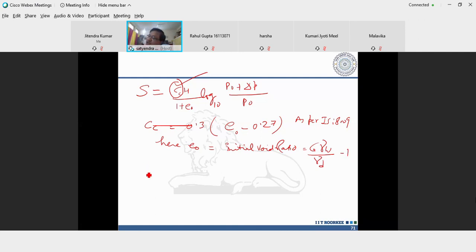Now Cc is also equal to 0.009 into liquid limit minus 10. Now this is the one equation of settlement. Settlement is also calculated as equal to delta P into mv into H. mv I have already explained to you in the previous slide, how the mv is calculated. Here